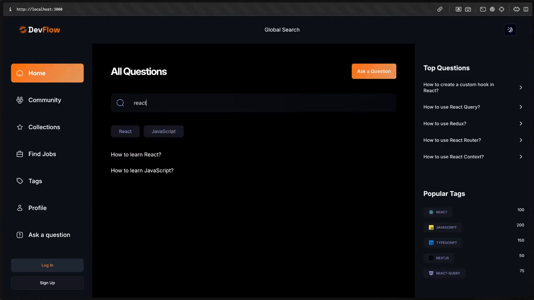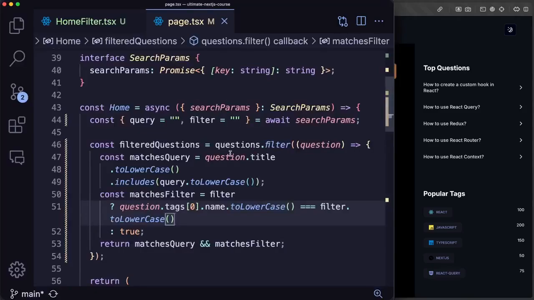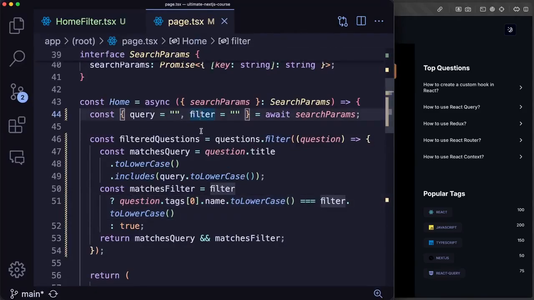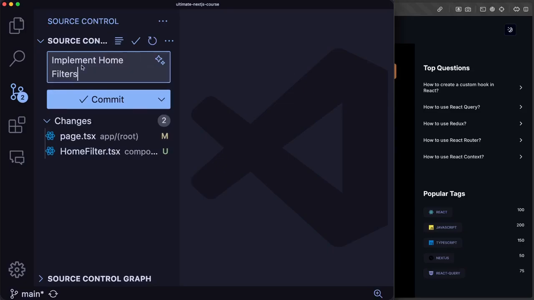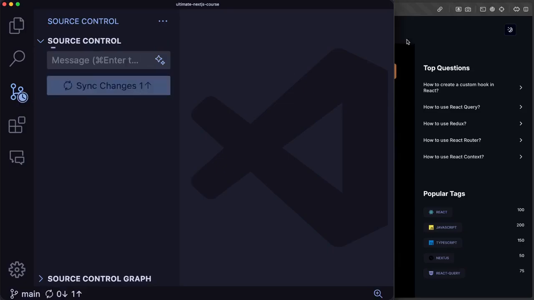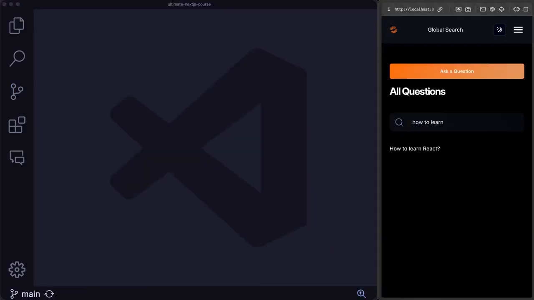This is pretty cool, right? So we can now do it based both on search or how to learn, which finds both. And then I can further filter it by a filter. Check this out. A filter and a query working together. So this means that what we're working on is completely extensible. Great job implementing filters. Let's say implement home filters, commit, sync, and we are ready